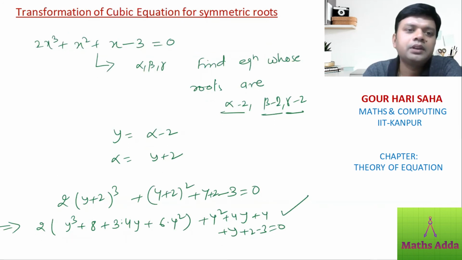In the next one, I will let you know how to find the number of roots of a cubic polynomial. Like for quadratic, we know that D greater than 0, 2 real roots, right? D equal to 0, 2 equal real roots, and D less than 0, no real roots. So how do we find how many real roots we will have in a given cubic equation? That's what we will be doing in the next class.